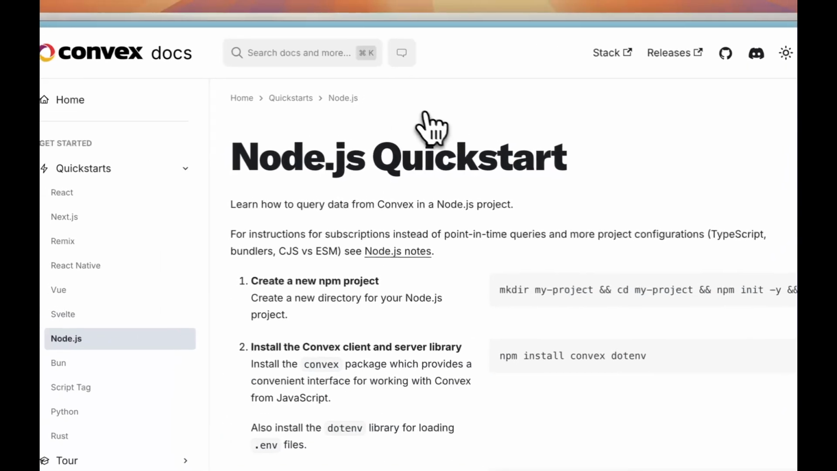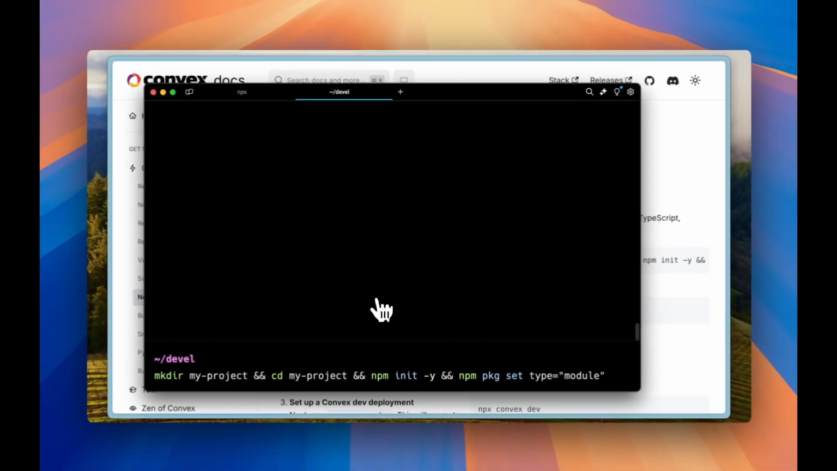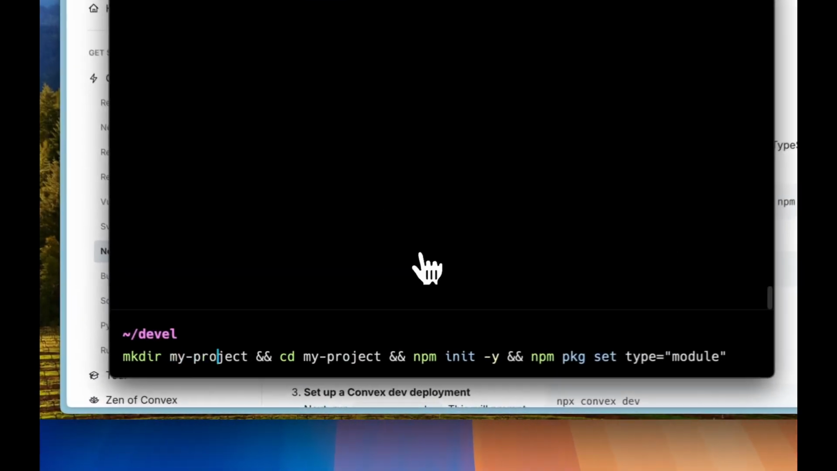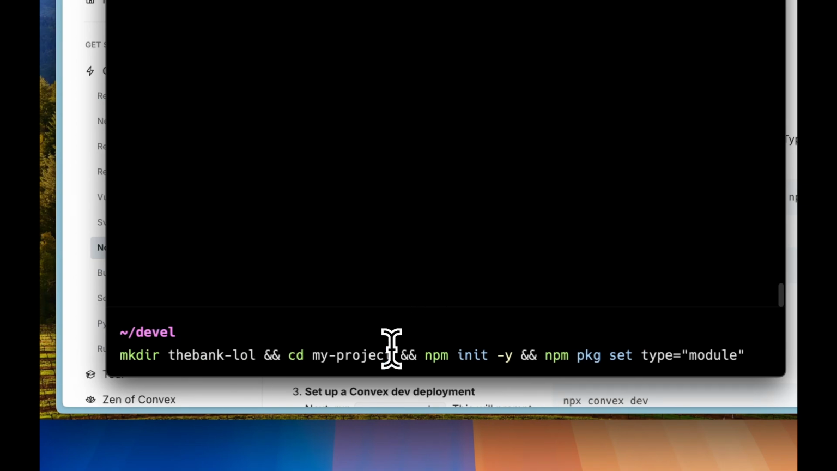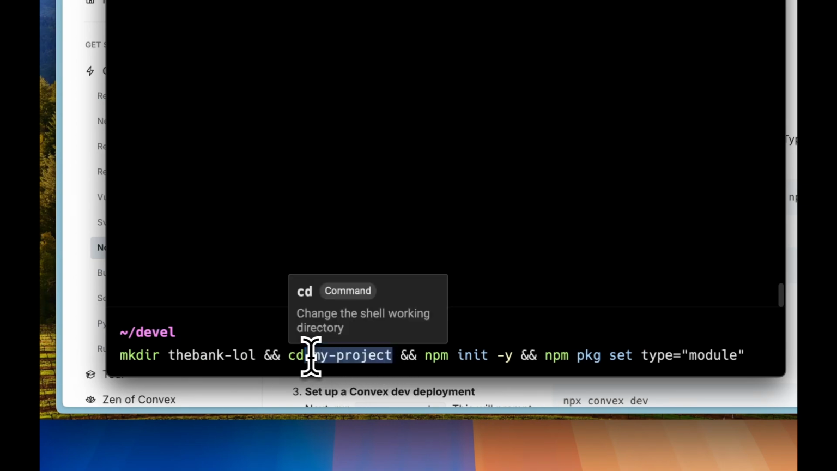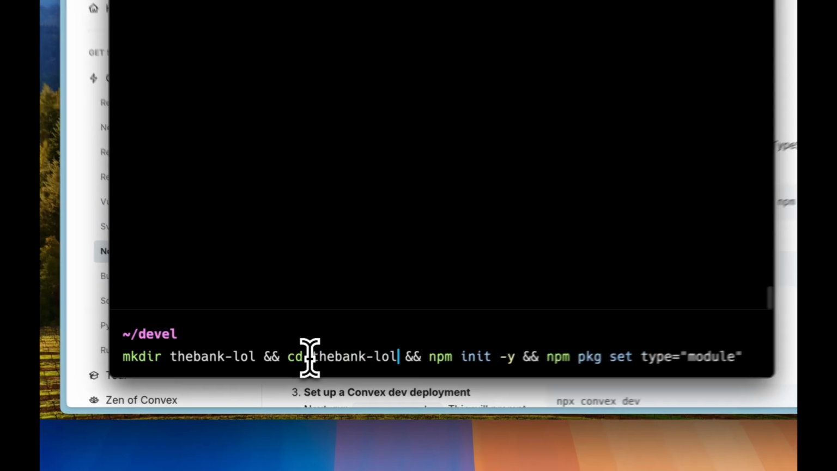start and follow the directions. We're going to create a new project. We're not going to call it my project though. We're making a bank here. This is serious stuff. Let's call it the bank LOL. And we're going to need to cd into the project, and then we'll npm init and we'll set up a